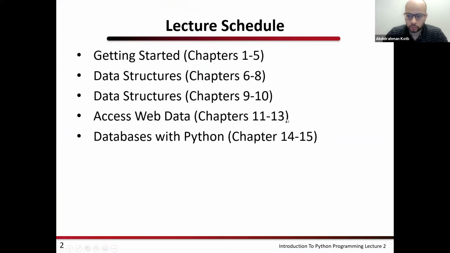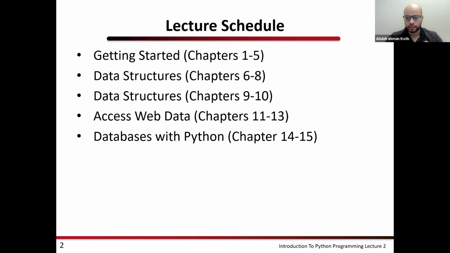So this is the schedule, and I actually expanded data structures to 2 parts, and I'm going to say why. Last time we discussed getting started, chapters 1 to 5 in the book, and pretty much it's installing Python, what we can do with Python, and why Python is important. Today and the beginning of next time, I'm going to talk about data structures that include lists, dictionaries, and tuples.